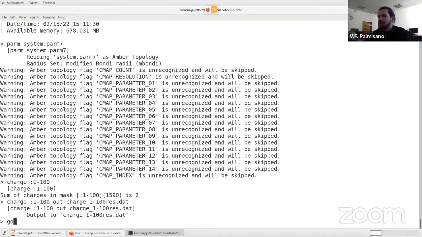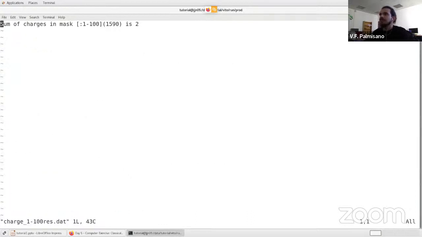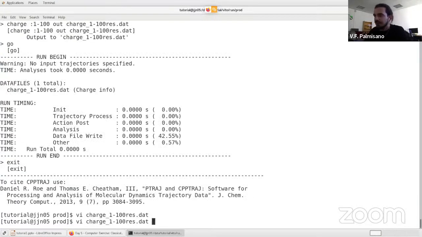Now, if we perform go, let's see what happened. How do they call it? Charge. Yeah, charge. Okay, no, it actually printed only this information. Therefore, I think there was a different way to do it, but anyways, we will do it on